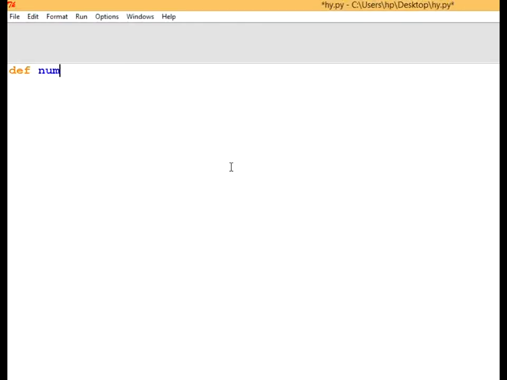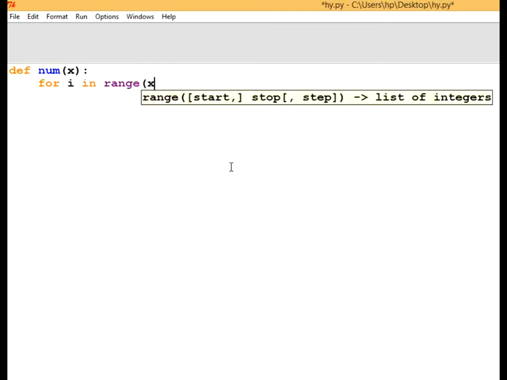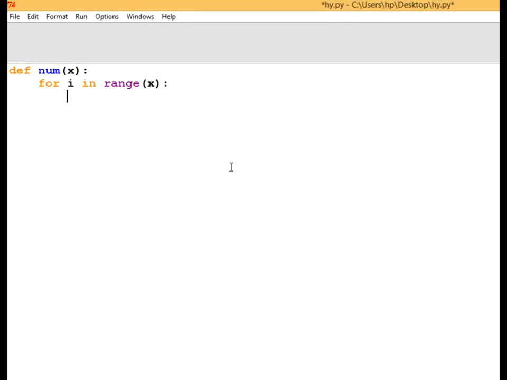We can also have an infinite function with the generator, and we can have some finite function with the generator, where we can pass some specific argument and get a finite number of generators. So basically in this, we have defined a num function in which I am passing any value, means any number I am passing to it. After that I have used a for statement. In the for statement I am checking a range, that the number x passed in the function will check the range based upon that. Then I have used an if statement to check whether the number is divisible by 2. That means whether it is an even number or an odd number. So the yield will help me print the iteration based upon that.